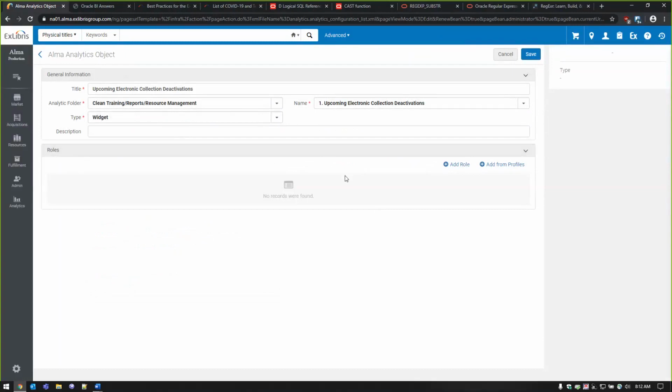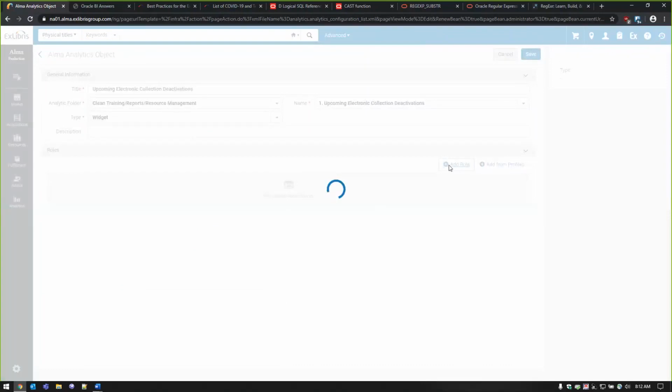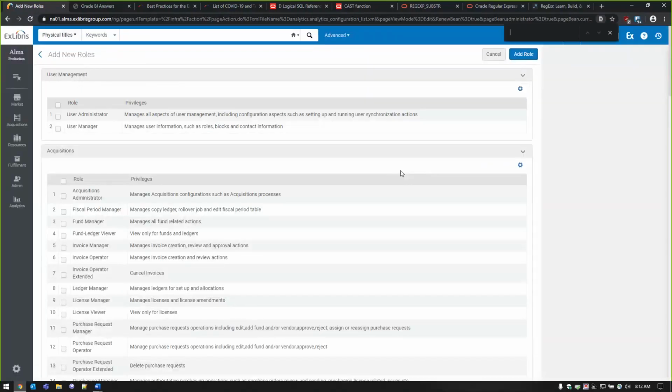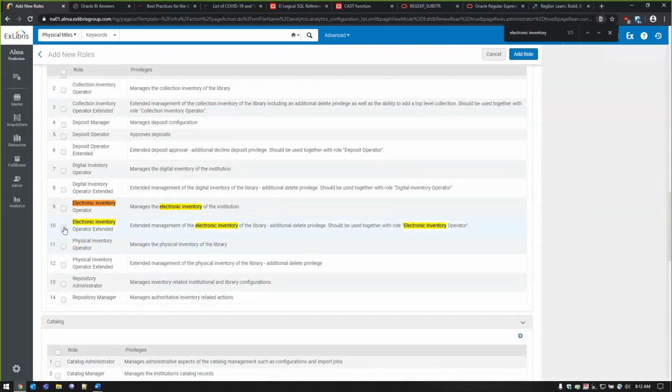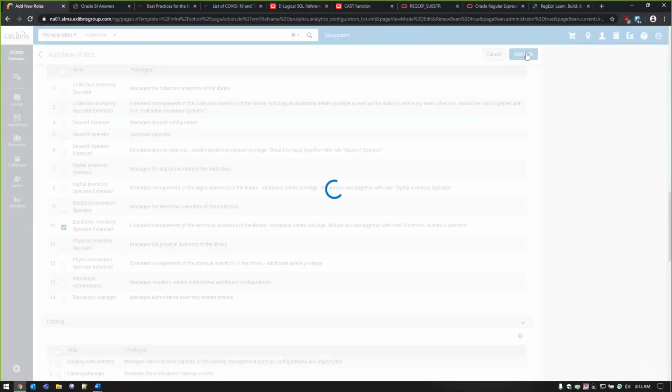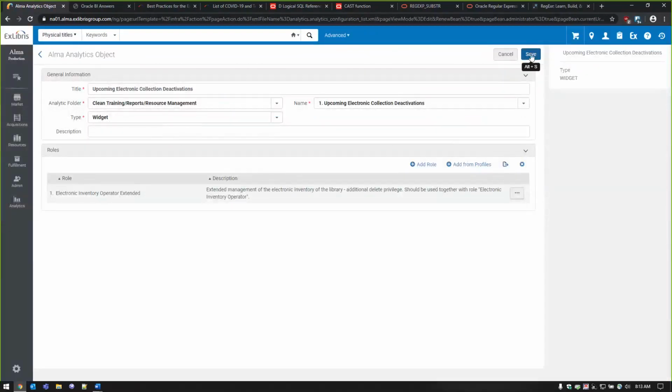One last step that we need to take here is to add a role for the widget so that only people with that role can view this widget. So I'm going to click Add Role. And for this particular report, what makes the most sense is the electronic inventory operator extended. Since this role allows the user to delete electronic collections, people with this role would be able to take some action on these electronic collections that appear in our report. So I'm going to click Add Role and then click Save